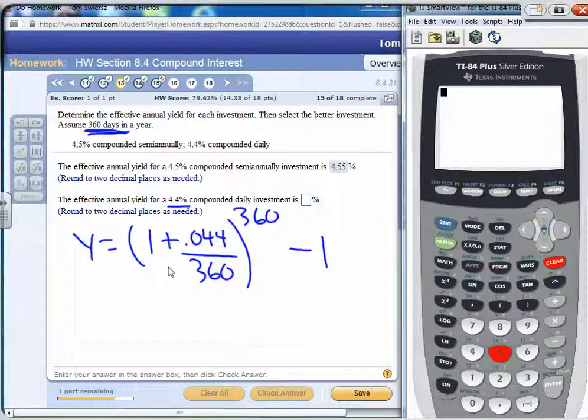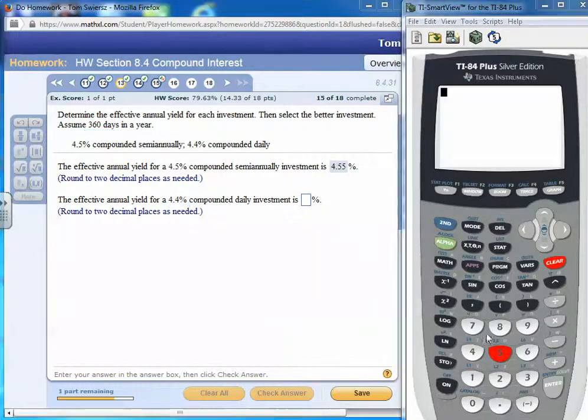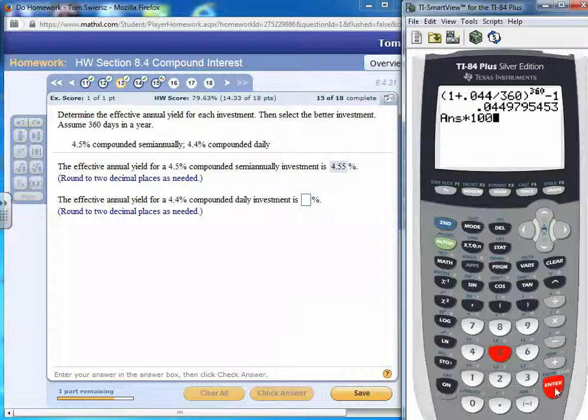So again, we'll put that into the calculator to evaluate it. Left paren, 1 plus 0.044 divided by 360. Right paren, up arrow, raise to the 360th power. Then a right arrow to get out of the exponent, subtract 1, and we get, move it over 2 places to get a percent,